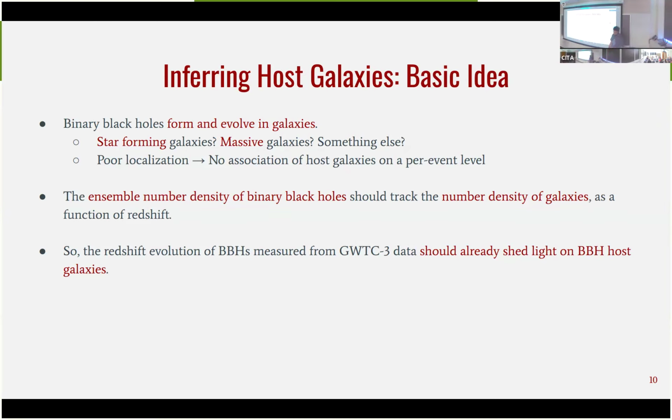Or something else? However, because we cannot accurately localize our sources well on the sky, you can't answer this question on an event-by-event basis. So you can't take an event and just say, oh, okay, this is the host galaxy that it lived in, because in the typical localization volume of gravitational